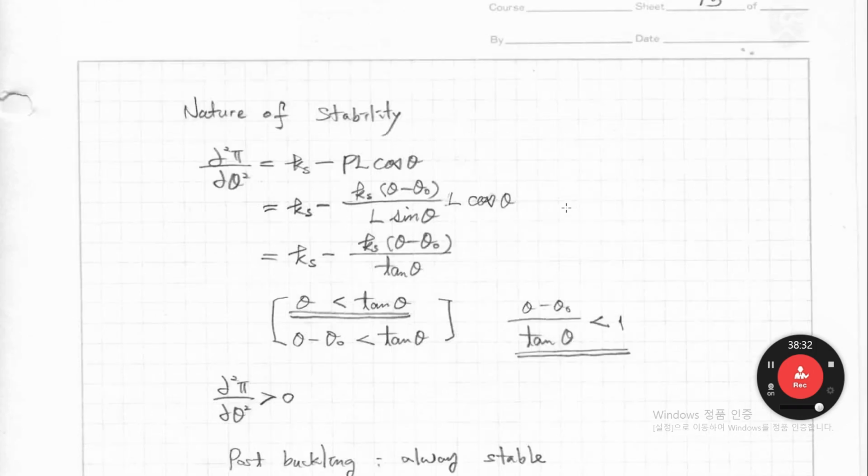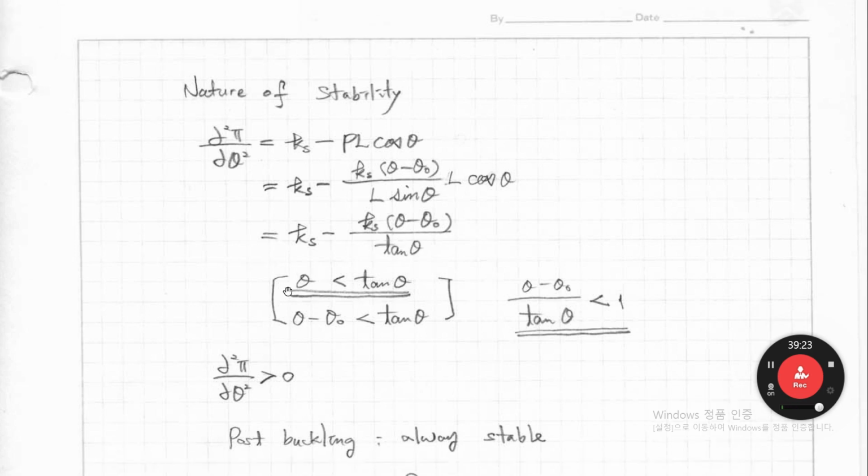And let's look at the nature of stability. That means whether the equilibrium path is stable or unstable. In order to get the nature of stability, we have to do the second derivative. Then Ks minus PL cosine theta. This P equals this one. Plug in this P value. Then you can get Ks, like that, with L deleted, cosine downward, and then tangent theta. If you compare theta and tangent theta,